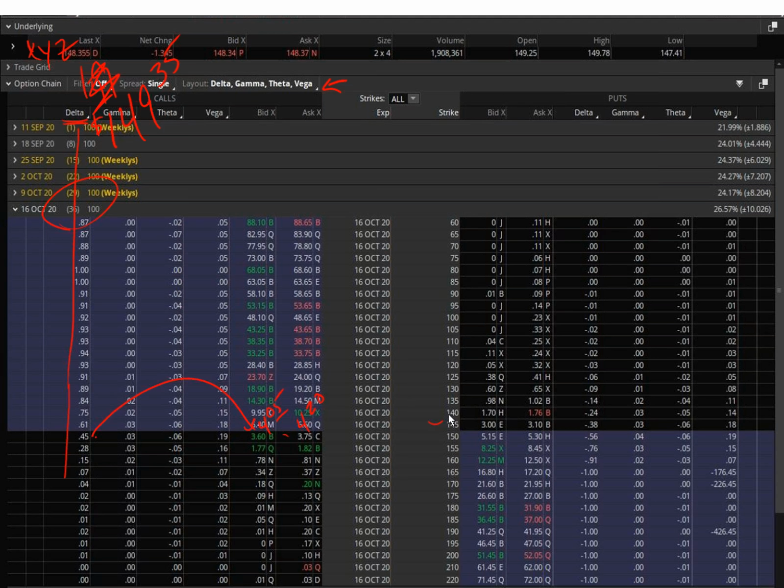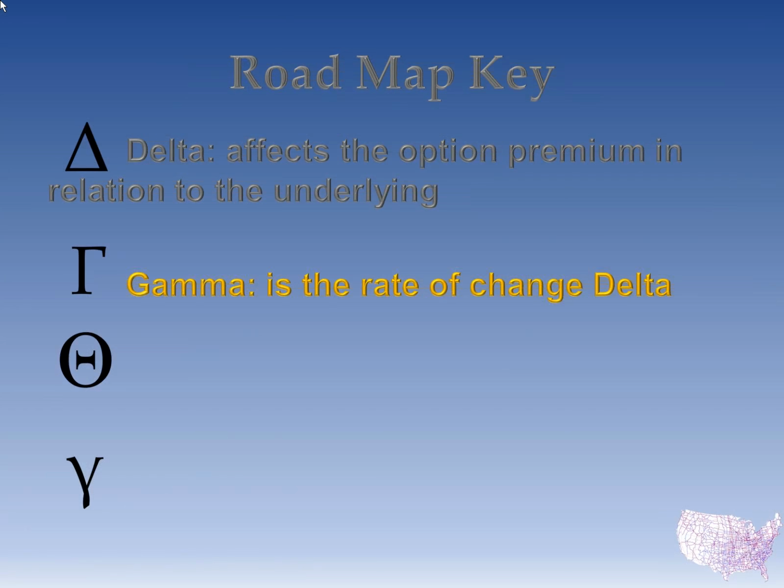If we were looking over here on the put side, then a $-1 plus a negative delta makes that a positive, right? So then that delta would add into the premiums on a downward move, all right? Currently, if we moved up by $1, then we would see 38 cents coming out of those premiums, right? Because it is negative. We can see it's negative. $1 move higher, which is the assumption, we would lose 38 cents. $1 down, negative plus a negative makes that a positive, so we would add in. All right, everybody pretty clear so far? I'm sure that one's pretty easy.